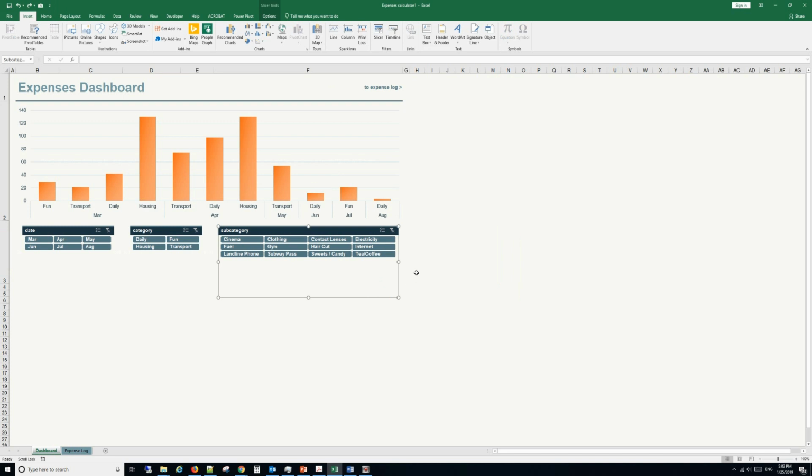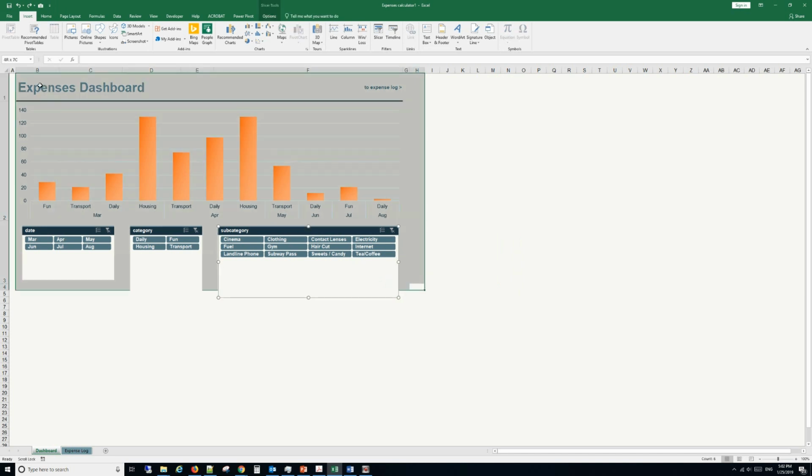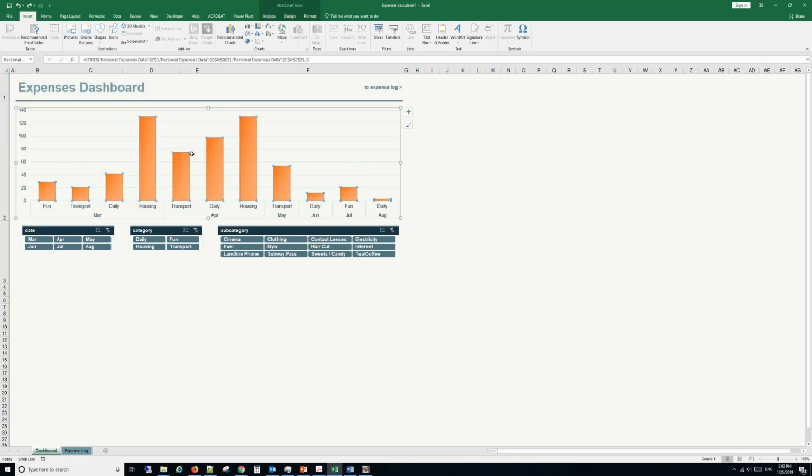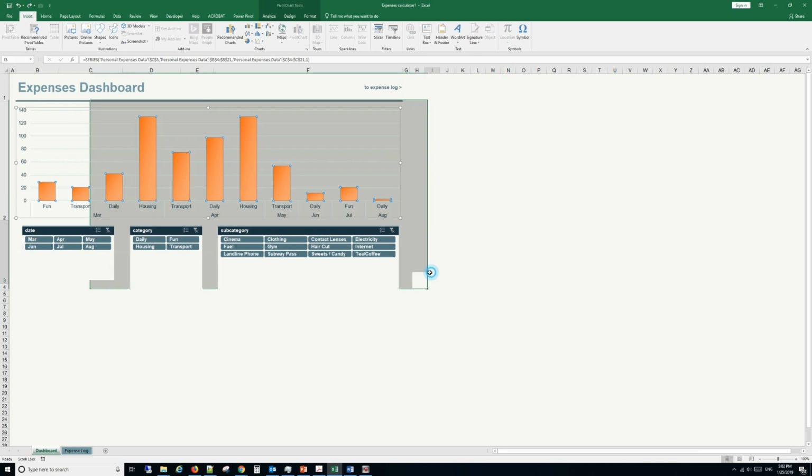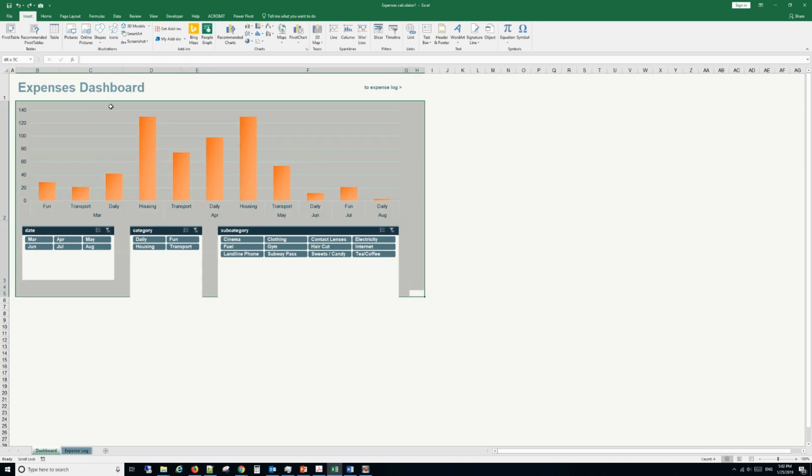Now you can select, for example, if you want to select the whole data, or you can only select the chart. Let's select the whole data. Then you click Camera,